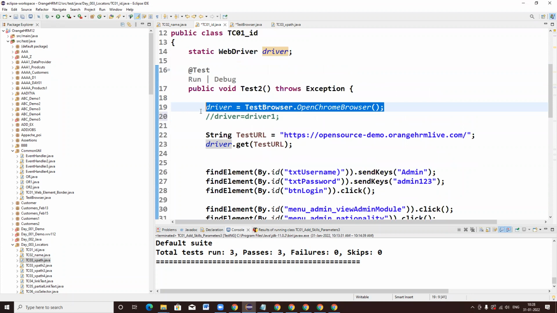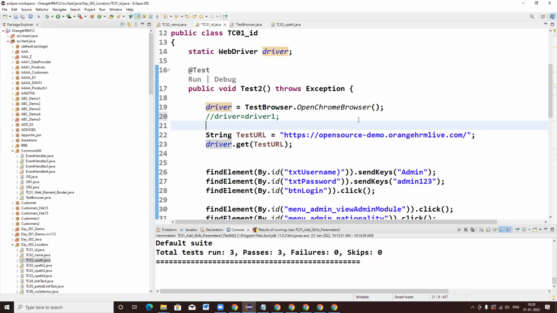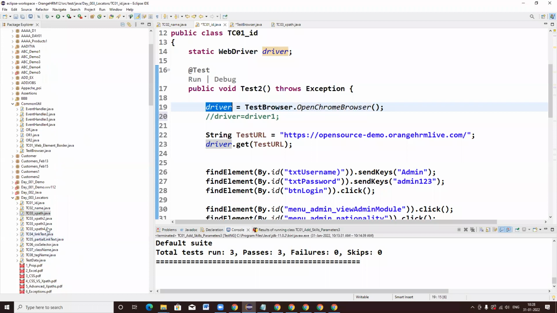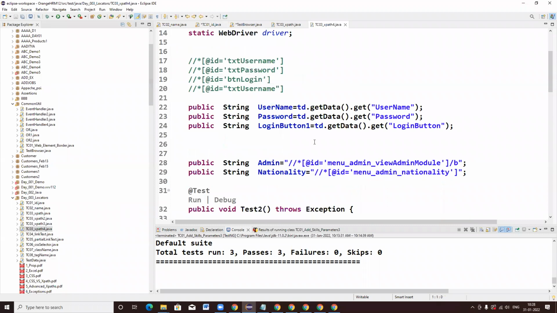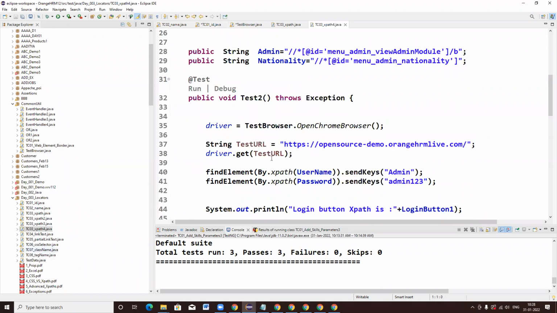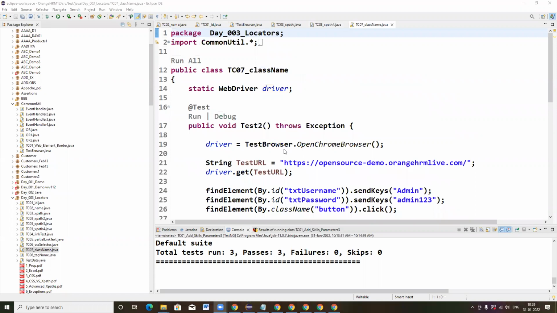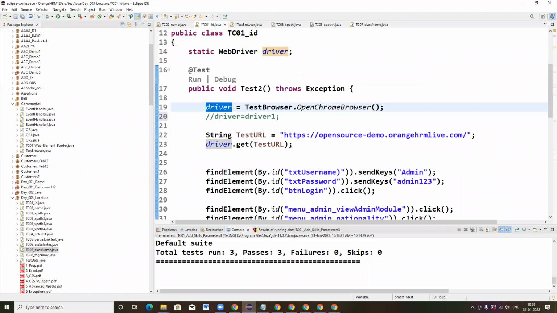So this concept we can call code reusability. I no need to write system.setProperty WebDriver in every program, because those lines of code are common. So I have written a static method and I'm returning the driver instance, and going forward in any program I'm using the same concept. See here, in any of the programs, my driver object is returning and a set of driver instructions are executing like this.